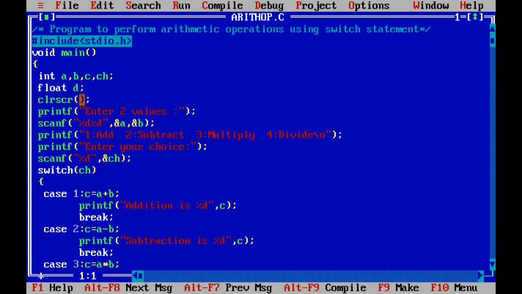We have declared another variable D of type float. So the D variable we are using to store division.